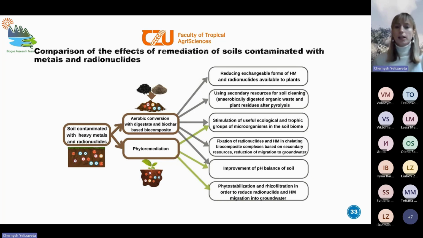We analyze some of the mechanisms. Also, we have time. I will try to arrange some more information about using digestate, because I see it's also a topic connected with the opportunity of using digestate in